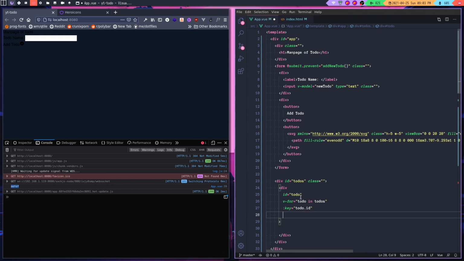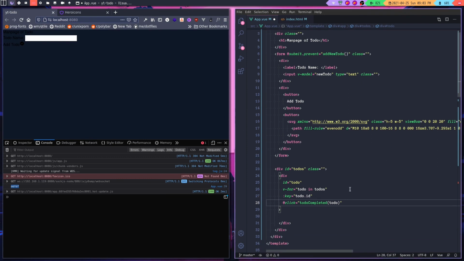Now I'm going to specify the @click directive, and we're going to deal with the click method whenever you click on a div. So it is going to call a method, which is going to be to-do completed, and we're going to pass a to-do here. Now inside this div,